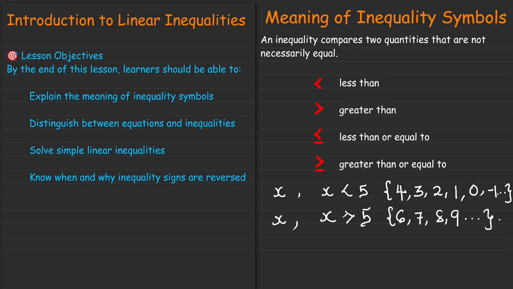Now, what of less than or equal to? When we talk of less than or equal to, it is just one term that makes it different from the less than. If I say x is less than or equal to 5, it can include all these terms we have here, that is for this section, but then it will also include 5 as well. So if I'm to clean what we have over here,